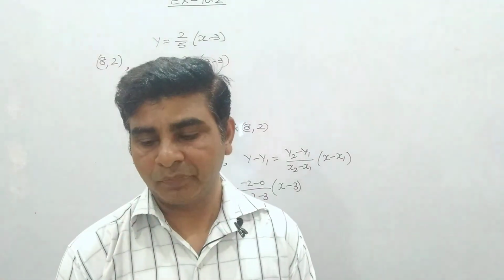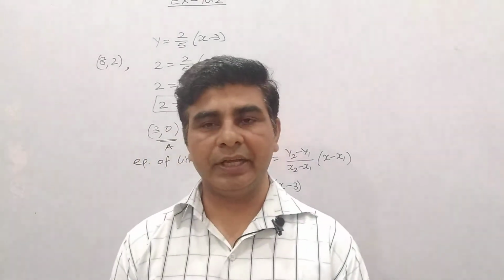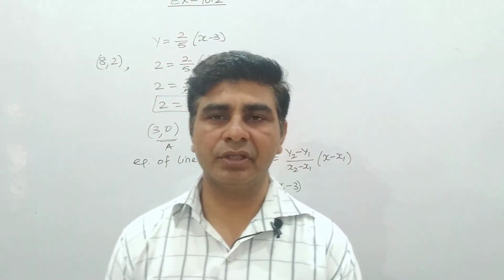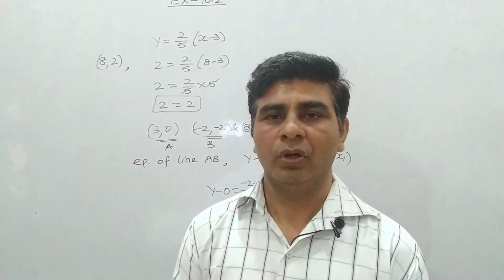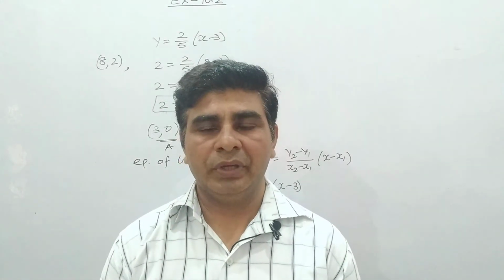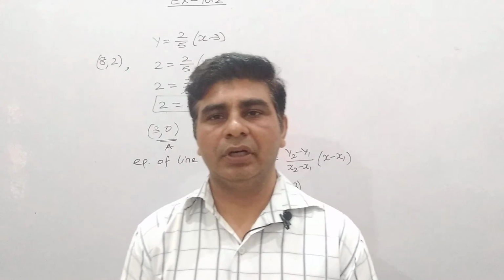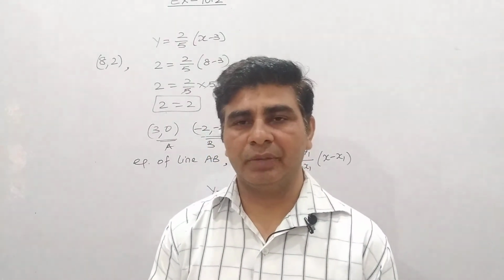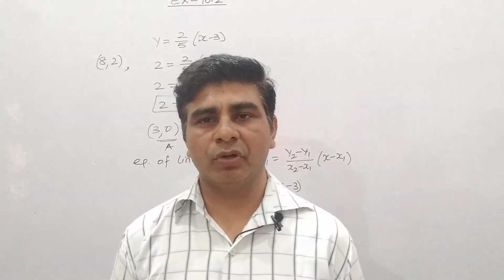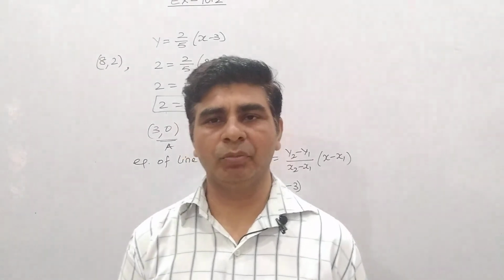So this was the concept of exercise 10.2. In the next video we are going to start with exercise 10.3, and this is completely based on the concepts we have discussed in exercise 10.2. We have discussed the various forms of the equation of line in this video, and based on this, now we are going to reduce the equation of line to intercept form, slope intercept form or the normal form.